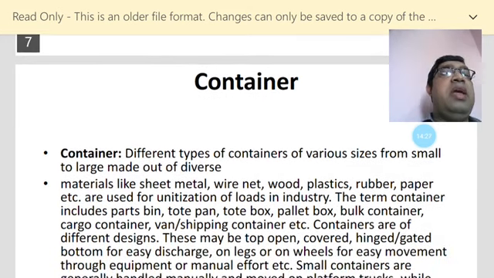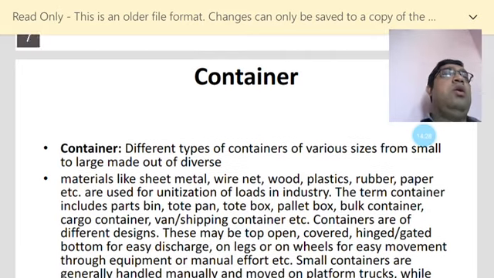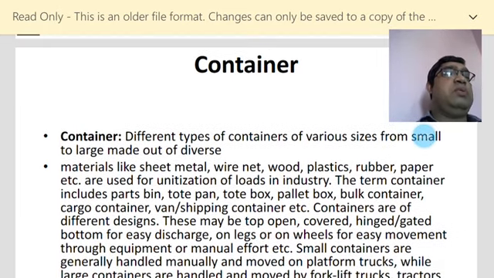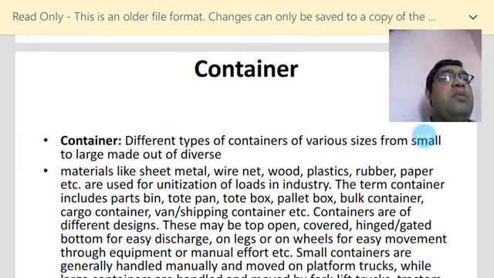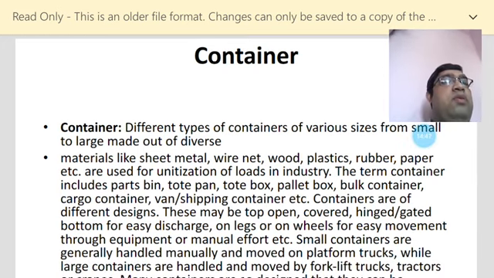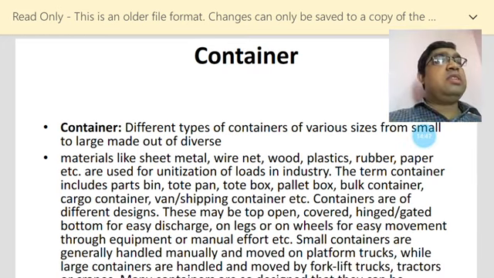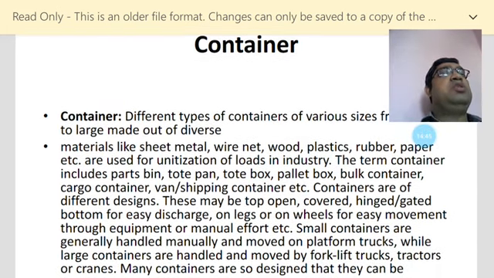Containers are essential for the transfer of materials from one place to another place. Basically, there are different types of containers of various sizes, from small to large, made out of different materials. Small scale industries do not need to purchase containers; they can hire them instead. And this container will transfer materials properly,